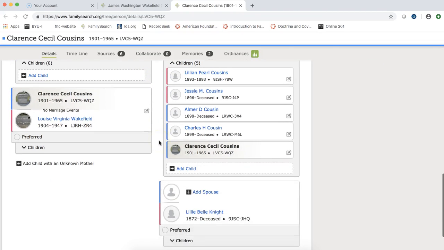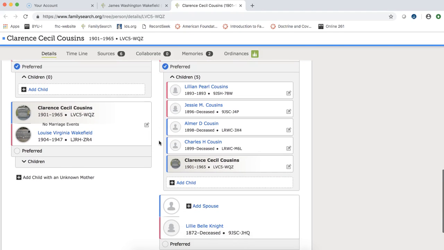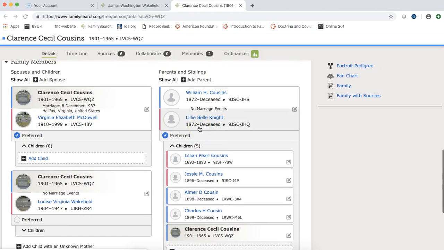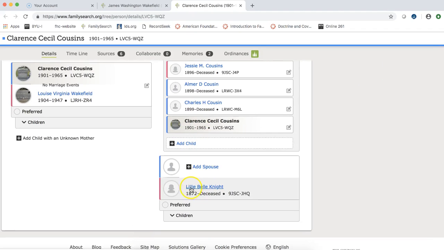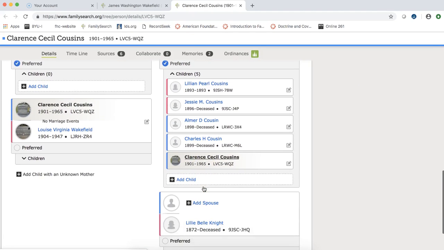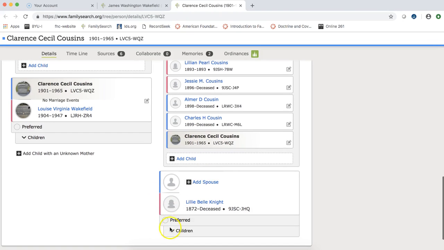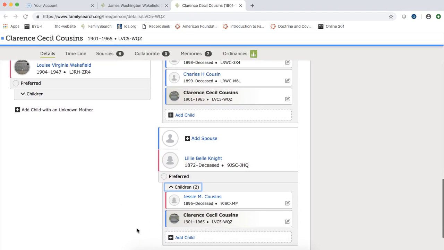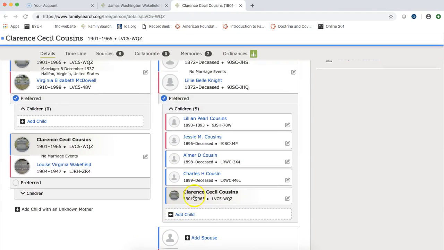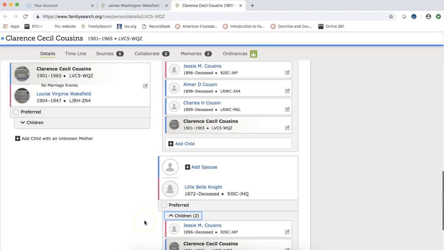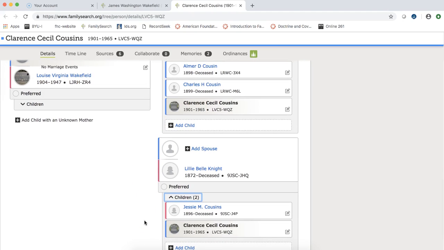As I look at the family over here, I do have a problem, and so this is nice to illustrate for you quickly. I've got multiple sets of parents, but they're the same parent, meaning that Lily Bell Knight and Lily Bell Knight, they even have the same number, but one of these children has been attached twice, Jesse and Clarence. I have Jesse right here and Clarence right there, 1896 and 1901. This happens oftentimes, and so all that I end up doing, since I know that this is Clarence Cecil Cousins,